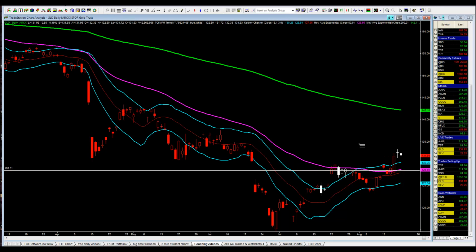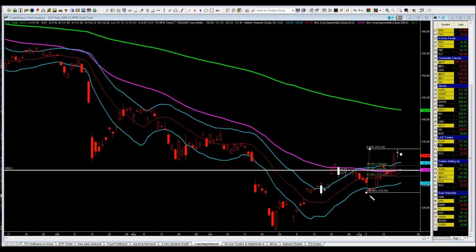Take it a step further, I want to draw the fibs from this pivot low, this low here, up to this high. And as you can see, that 50% mark, the 50% retracement from this low to this high, is right smack dab at 128.5, at that 50 exponential moving average. And by the time the market's able to pull back down that far, I can guarantee you that will be right in between that mid to lower band here as well. So we've got some good support at